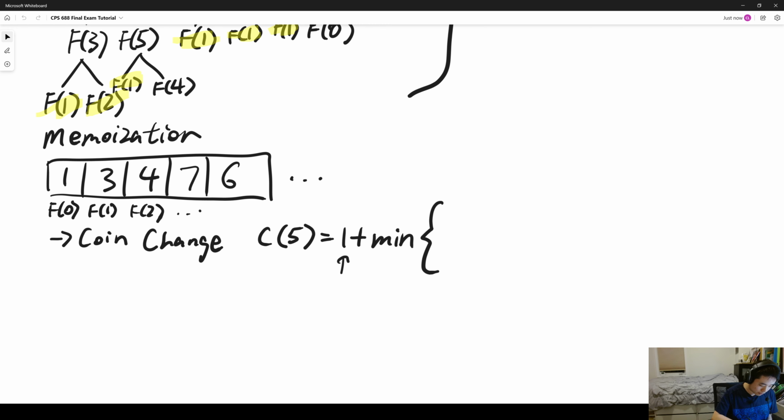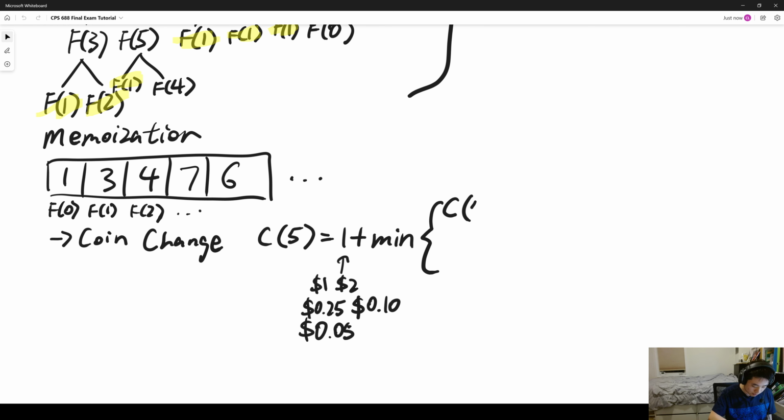It could be any of, for example, $1, $2, a quarter, a dime, and a nickel, something like that. And then I'm going to take the minimum of the coin, the same coin change problem, but this